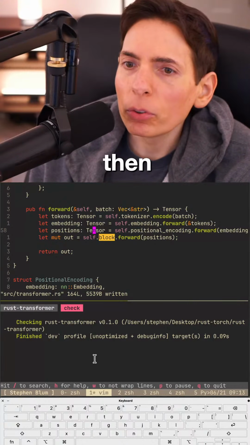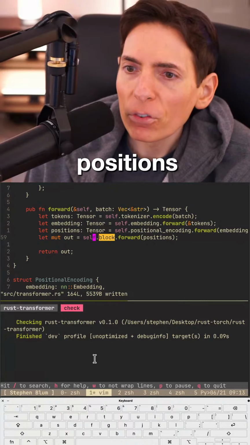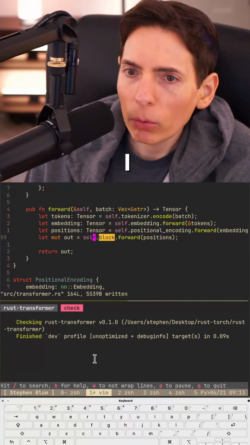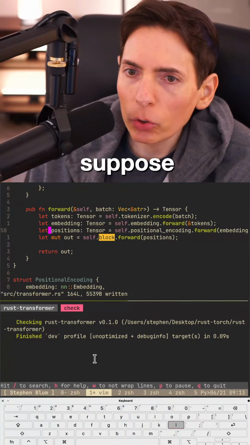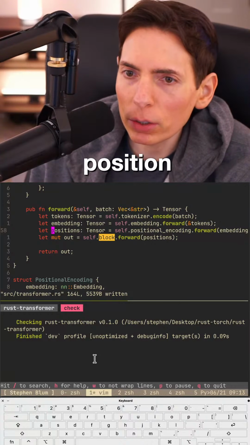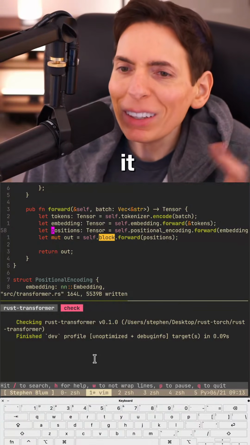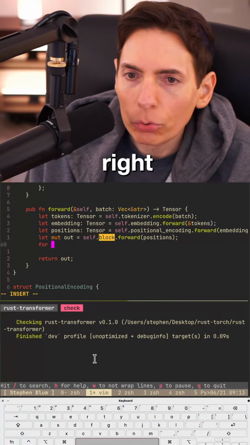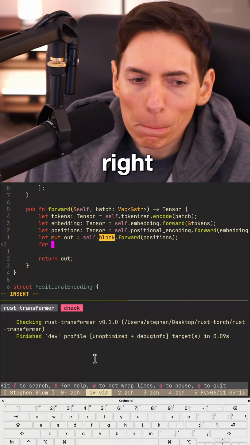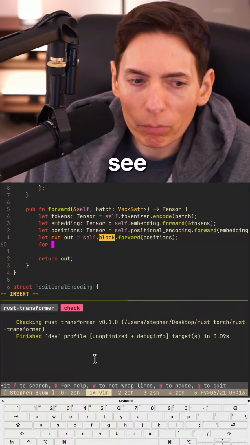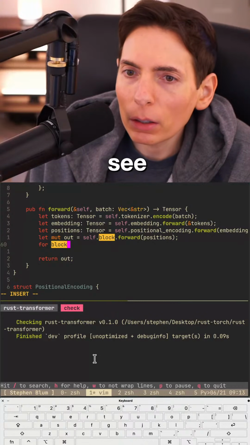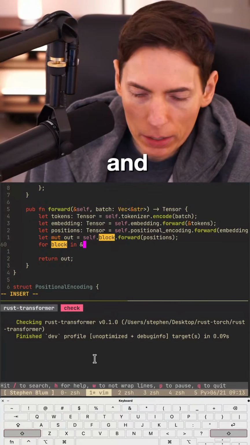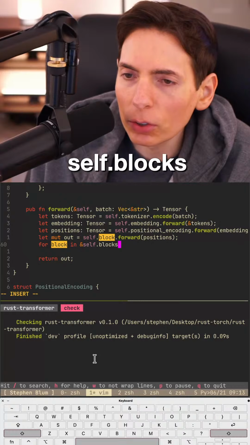Then positions forward. How do I want to do this? I suppose we could say positions, although we can't. It means technically positions. All right. For block in self dot blocks.